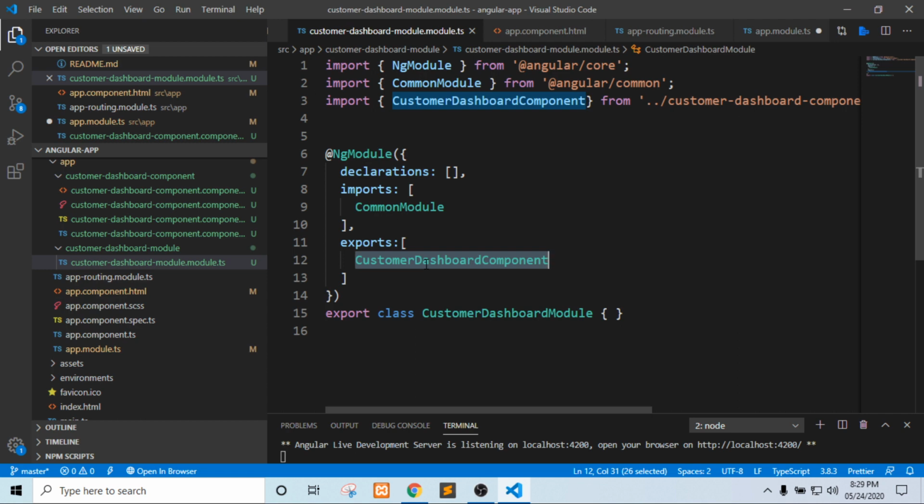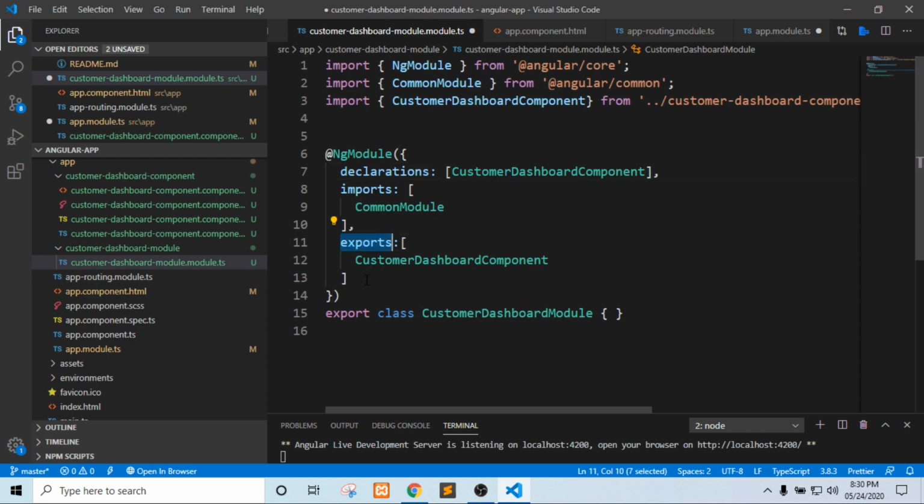Like we have already discussed, this is a separate module, the customer dashboard module, and it has its own customer dashboard component. The app module has no idea about this, and if we need to use it in the app module as well, or in different modules, what can we do here? I have declared it inside this export section, and we also need to put it in declarations so that it is available across all the components.